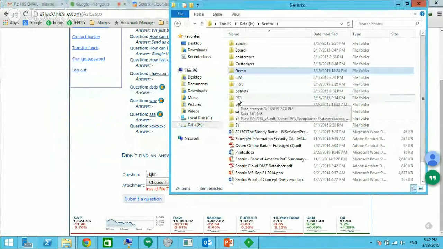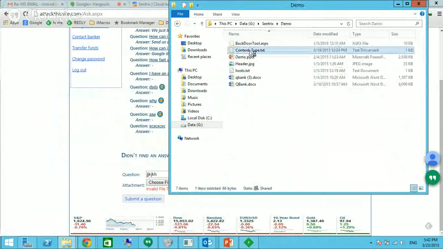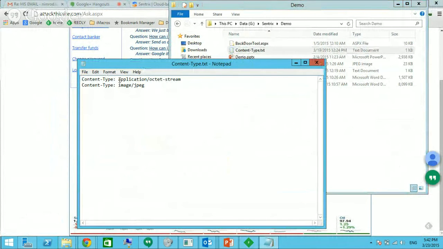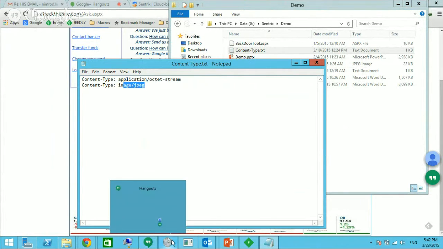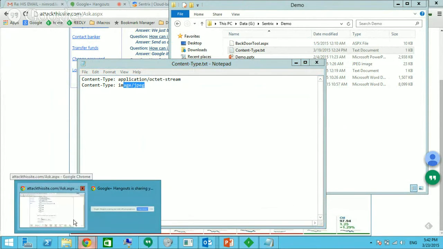Instead of having a content type which is an application content stream, I will change it to an image JPEG. And what will happen there, it will allow me to upload the backdoor, means that now, if I will access